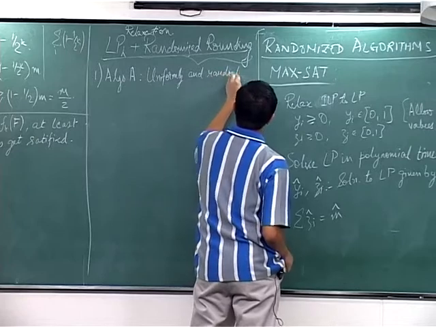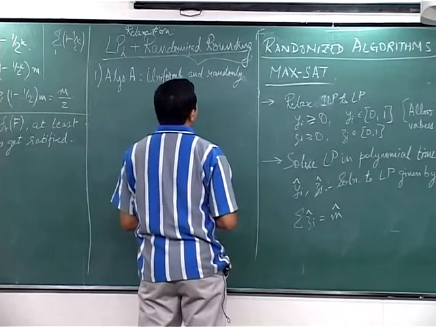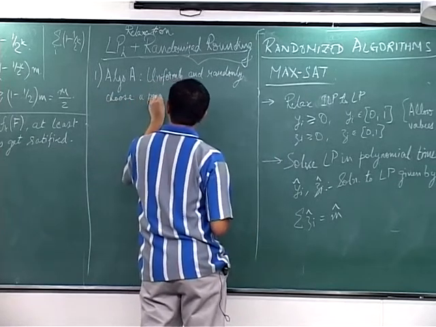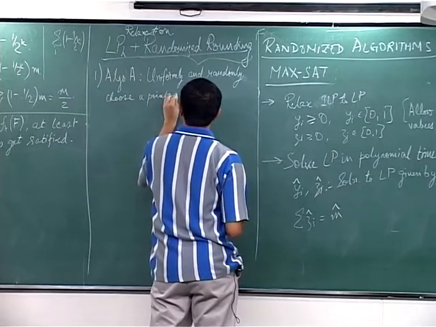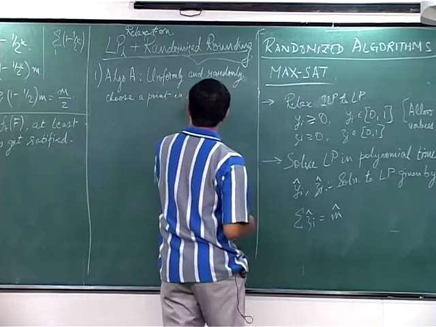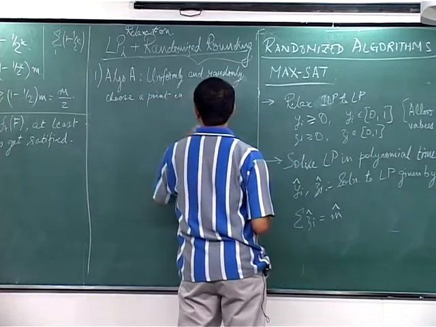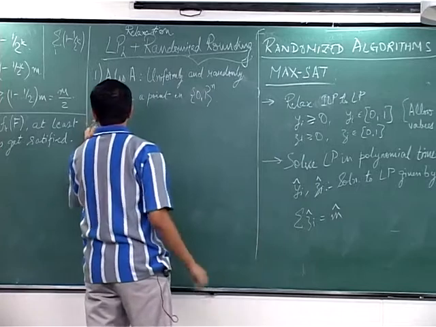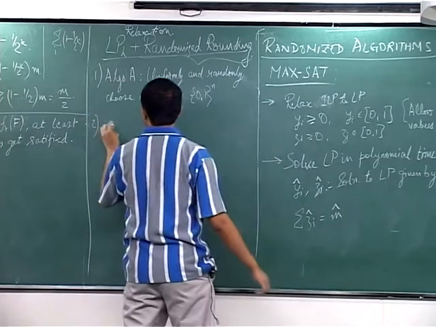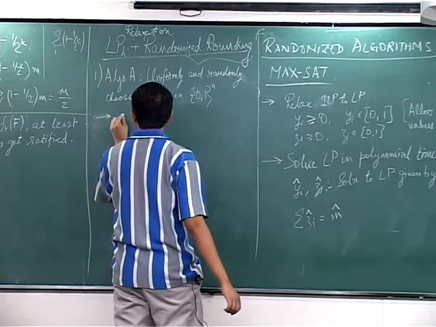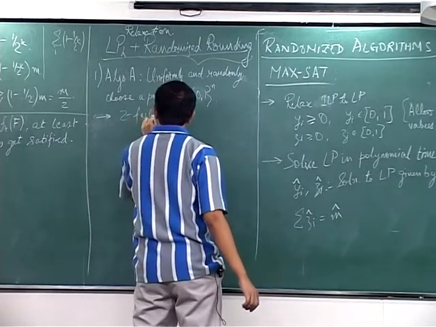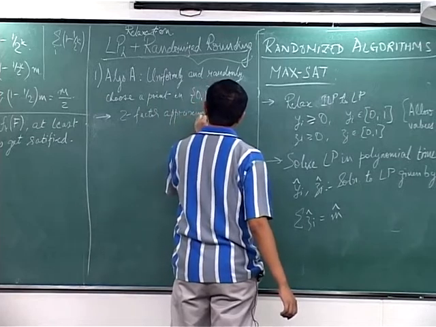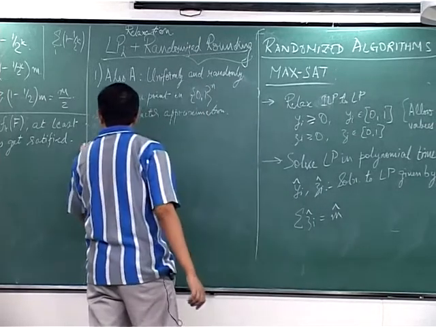We chose some point in the probability space, and this gave you a 2-factor approximation. Okay. The second algorithm was